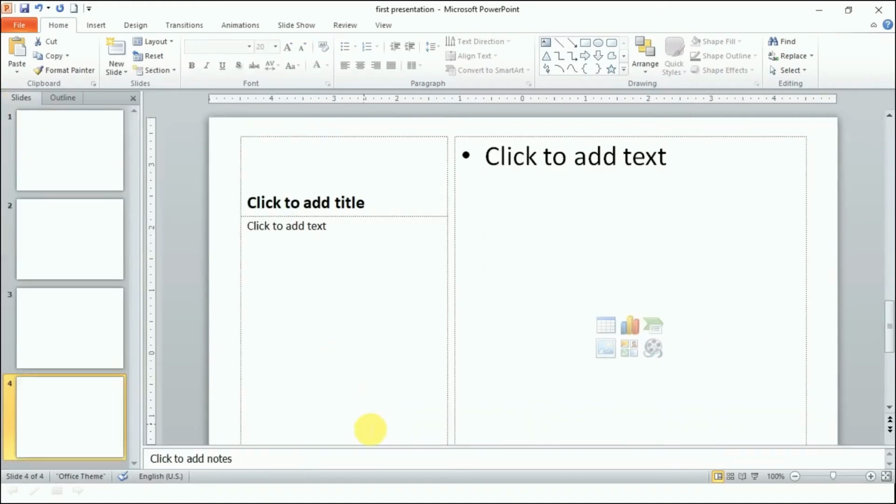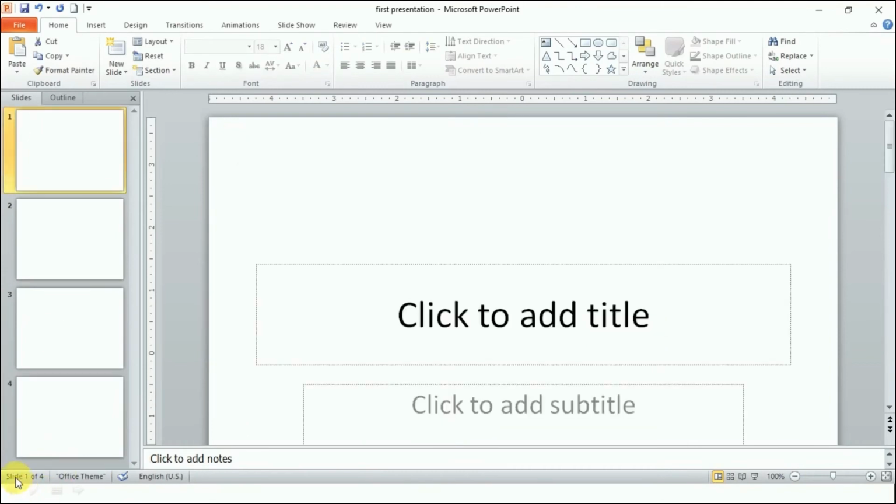Next is the status bar. The status bar is positioned at the bottom of the PowerPoint window. It displays important information about the current slide, like slide number, theme name, spell check, view, and zoom level. So all this is the status bar. It is telling the status of, for example, I have chosen the first slide.